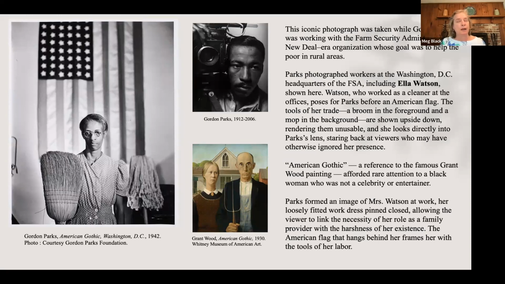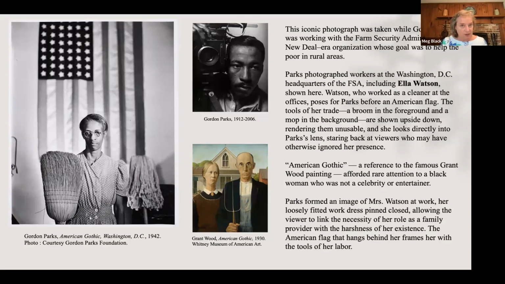And when Gordon Parks was hired to work for the Farm Security Administration, the person who hired him, I think his name is John Steiner, I may have that first name wrong, was a very progressive-minded guy, and he understood that hiring Gordon Parks would resonate with people because he was an African-American man. Not long after Gordon Parks joins the Farm Security Administration in Washington, he takes this photograph. So within a few months, he has now the most famous photograph of his entire career.